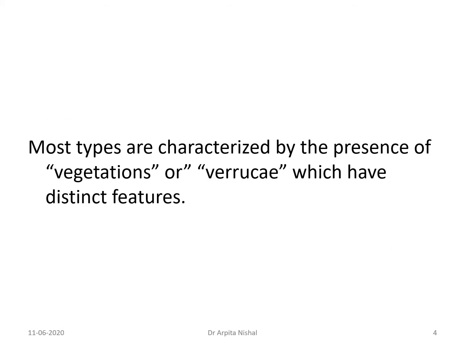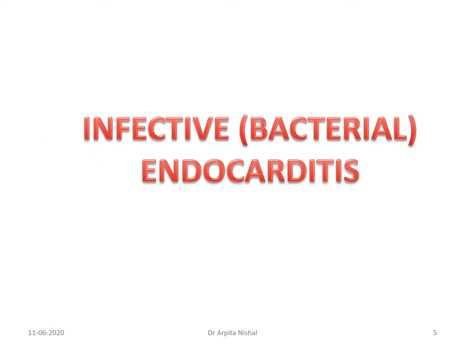Now, most of these endocarditis are characterized by the presence of vegetations or verrucae. These vegetations or verrucae have very distinct features in various types of endocarditis, and we will see the types of vegetation seen in all types of endocarditis. So, coming to infective endocarditis,